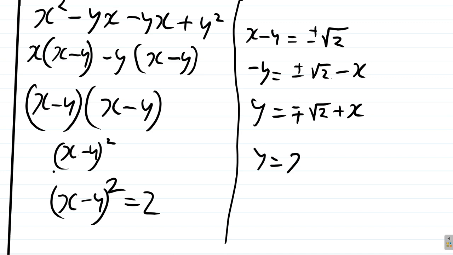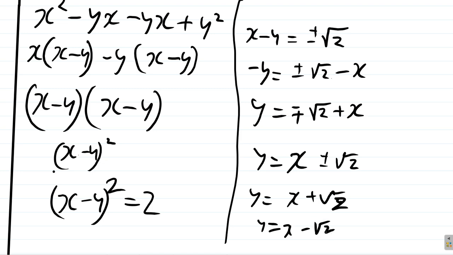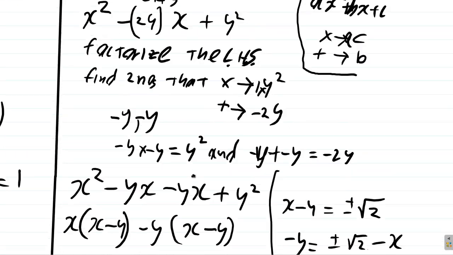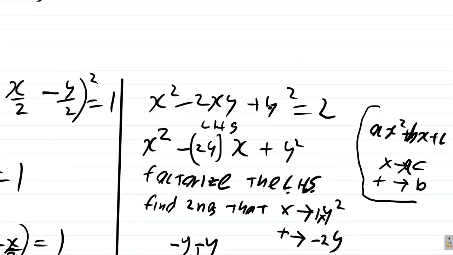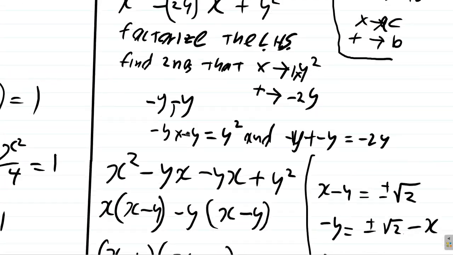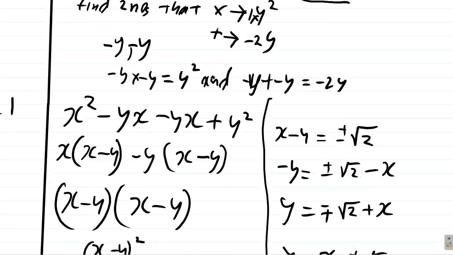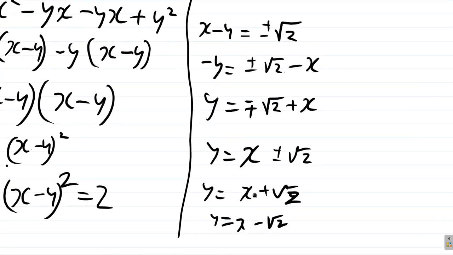So y is equal to x. Well, it doesn't matter if you put the positive at the top and the negative at the bottom, or the negative at the top and the positive at the bottom, it is x plus or minus the square root of 2. So y is equal to x plus square root of 2, and y is equal to x minus square root of 2. Alright? Good. So the thing is, this here is the envelope,